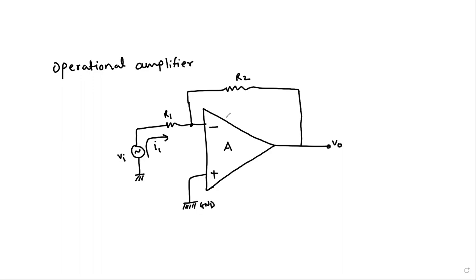Okay, so we know that since the operational amplifier has infinite input impedance, in the ideal case, this current I1 cannot flow into the input terminal of the operational amplifier. So essentially, the current that goes inside the operational amplifier is zero. So ideally this current I1 tries to flow through the resistor R2. And let's say this is I2, which is essentially I1, in the ideal case.